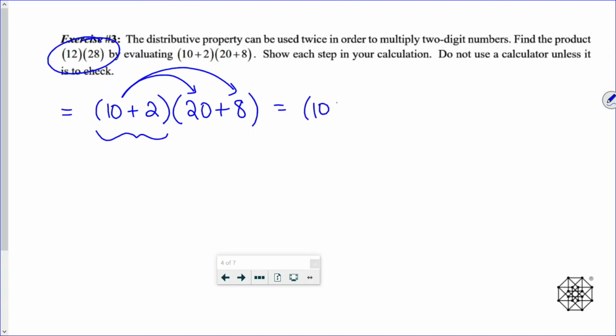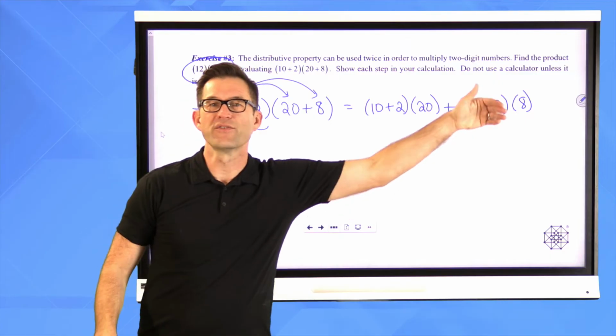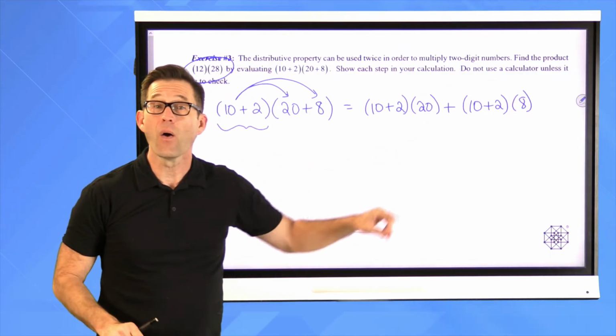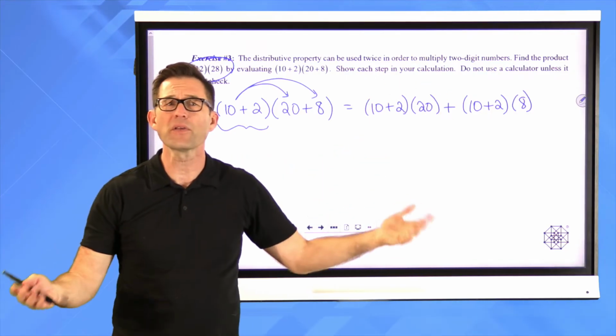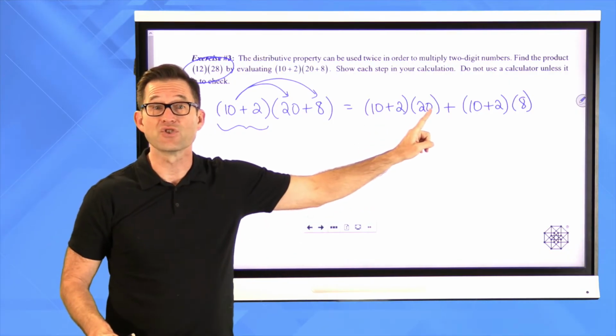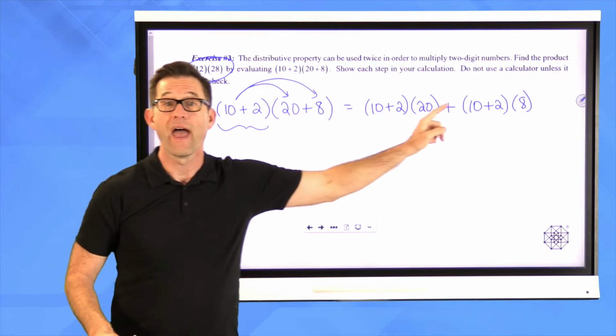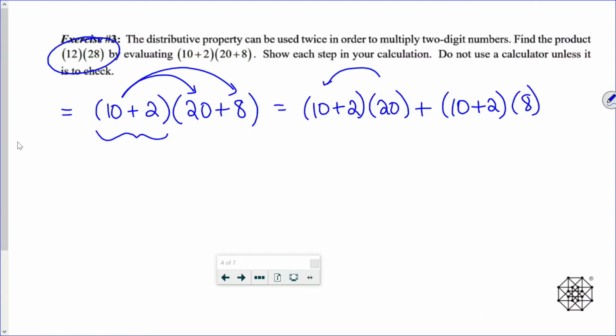Literally, this whole thing I want to look at as a single thing for right now, and I can rewrite that as 10 plus 2 times 20 plus 10 plus 2 times 8. Right? And really, what am I doing? I'm really doing 12 times 20 plus 12 times 8. That's all. But now I can actually do the distributive property this direction. It doesn't matter. Multiplication's commutative, I can flip-flop those. I can think of this as 20 times 10 plus 2 and 8 times 10 plus 2 as well. So in other words, I can distribute this,